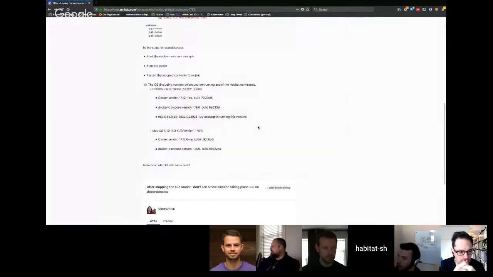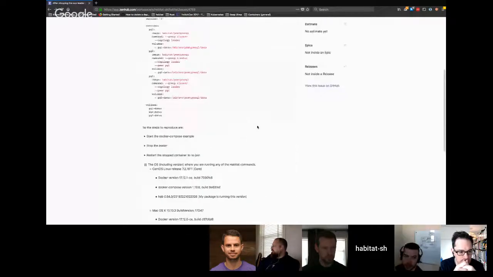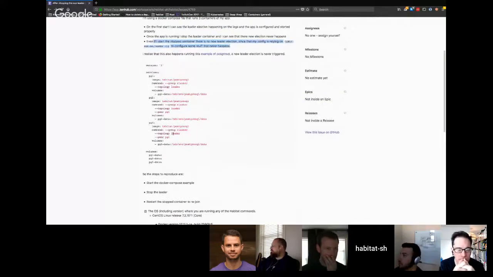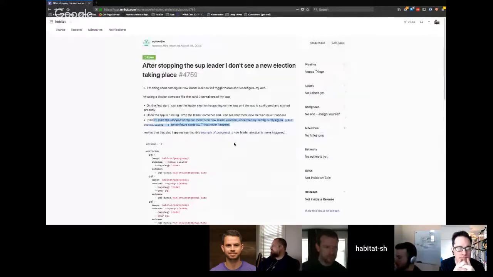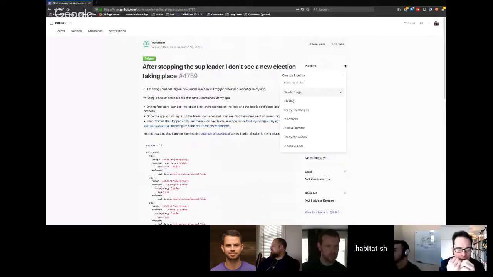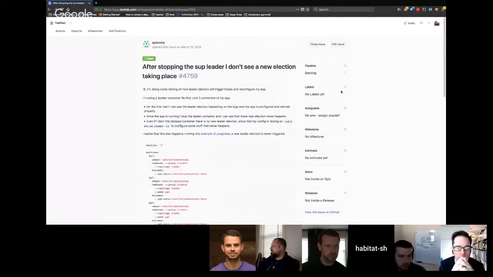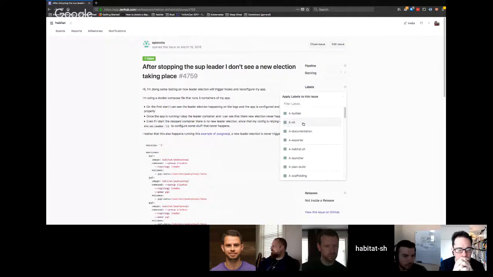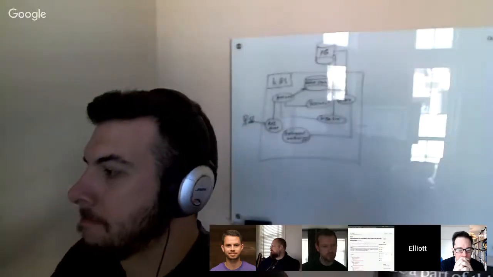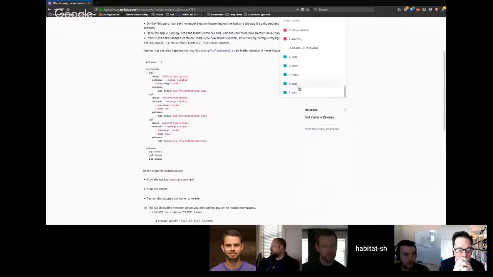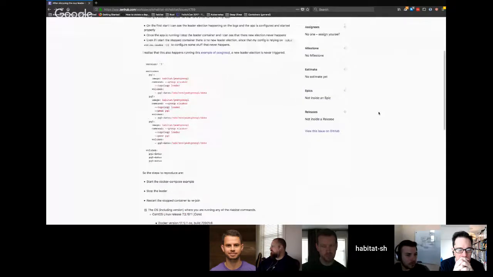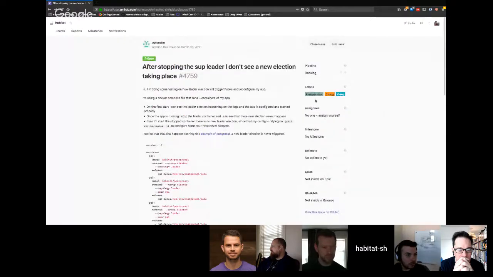Okay, so this might be a bug. It's definitely something we should check out because that definitely is not expected behavior, if they're seeing that. So labels, what is this? This is supervisor probably. And this is a bug. And the vertical, soup vertical. All right, cool.